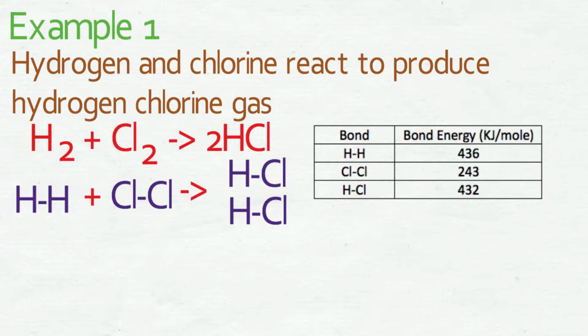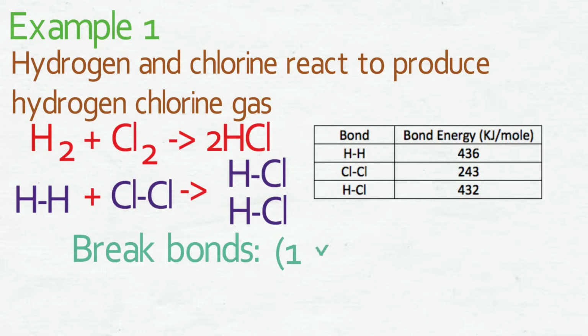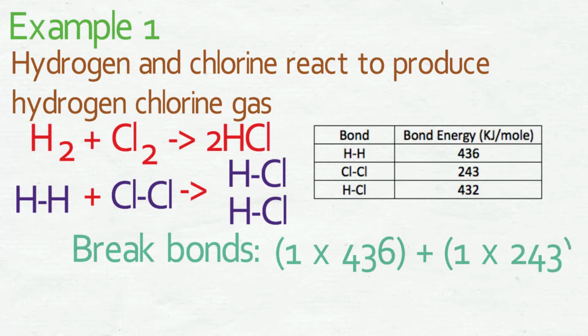The first step is to calculate the energy that is required to break the bonds. The reaction involves the breaking of H2 and Cl2. To work out the amount of energy that is required, we do the number of that type of bond times the energy needed to break that bond. There is one H-H bond being broken, and the energy required to break 1 mole of H-H bonds is 436 kilojoules. There is also one Cl-Cl bond being broken, and the amount of energy required to break 1 mole of Cl-Cl bonds is 243 kilojoules. Therefore, the energy required to break the bonds is 1 times 436 plus 1 times 243, and this is 679